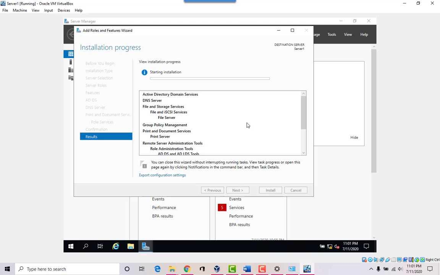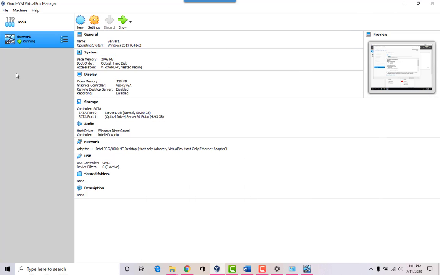And you can see that it started already. Right up here you have the status, and it says that you can close it and move on to doing some other things. So while this is working in the background, why don't we minimize the server, and why don't we start configuring a workspace here, a virtual machine for our Windows 10 computer that we're gonna need, our workstation. Okay, so I'm just gonna go back to how we did the server.